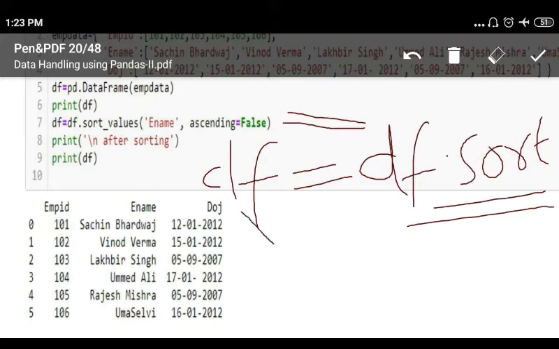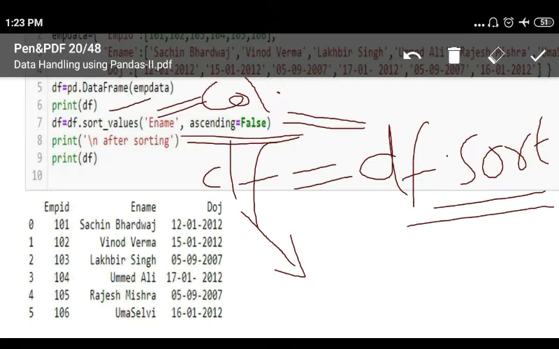The result will be stored in this data frame itself. In sort_values, ename is the name of the column, the column name on which we want to sort, and ascending equal to false. So ename will be sorted in the descending order of the name.